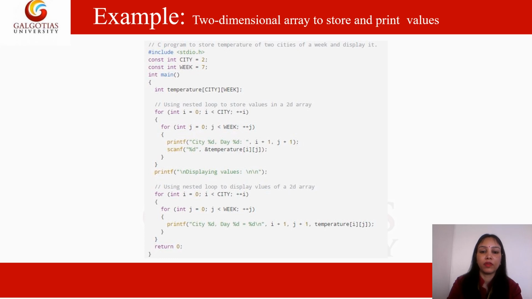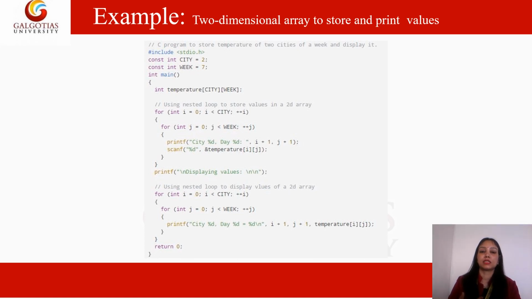In this loop we have used the scanf statement, and just like a 1D array, use the format specifier of your array, that is, an array of data type int. So the format specifier for int is %d, and we write the address operator &, then the array name temperature, and then within square brackets i, j, where i and j represent the row and column.